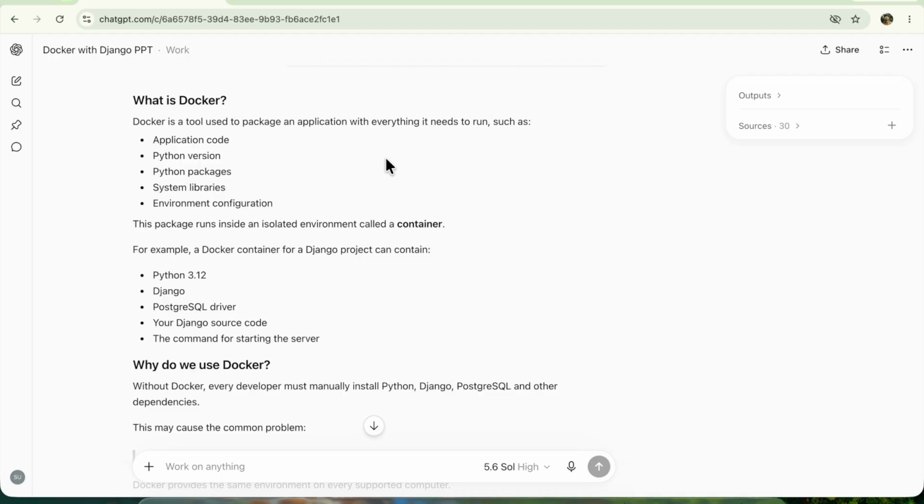used to package an application with everything it needs to run, such as application code, Python version, Python packages, system libraries and environment configuration. This package runs inside an isolated environment,